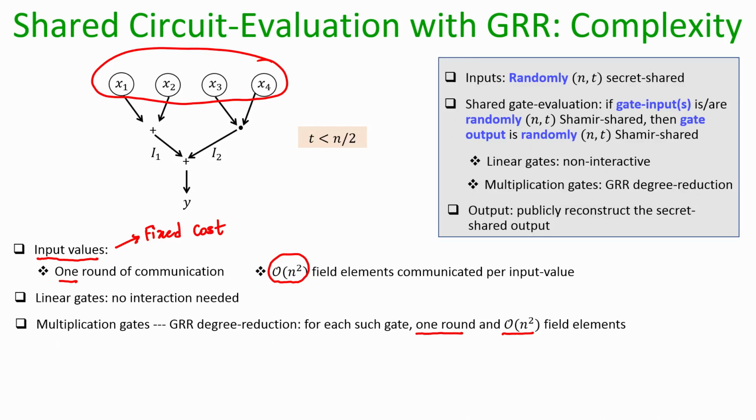Now, in this example circuit we just have one multiplication gate, and that is why only one instance of GRR degree reduction is involved, but that need not be the case. You might have a circuit where there are several multiplication gates at several layers, and depending upon where exactly you encounter the multiplication gate, you have to run instances of GRR degree reduction. It turns out that if you consider an arbitrary arithmetic circuit, all the multiplication gates at the same level or the same layer can be evaluated in parallel. By same level I mean that there is no dependency among the inputs of those multiplication gates. Let me demonstrate what I mean by that.